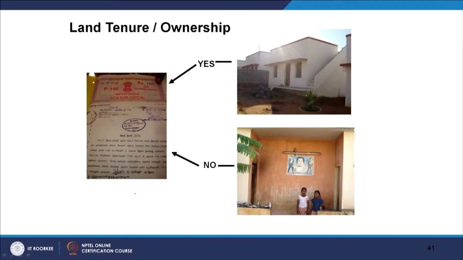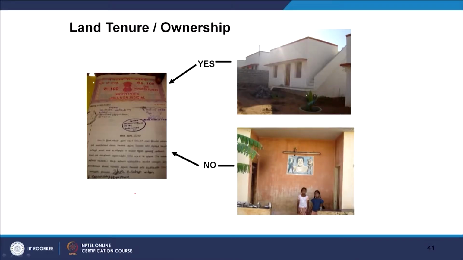As I said to you, the people who had a house earlier which was damaged during the tsunami, and who now got a house on government land built by the government, for the next 10 years they don't get any patta. But the other people who were not having a house, but could put in some money and got a new house, they got the patta.